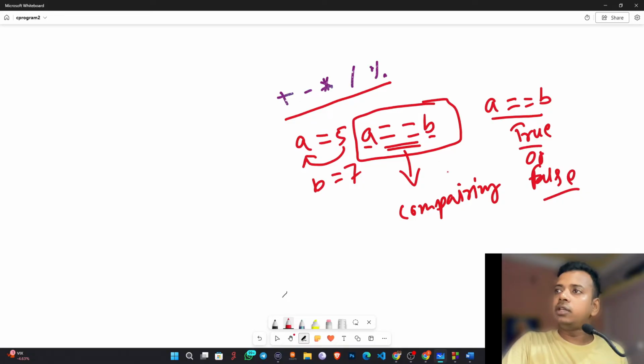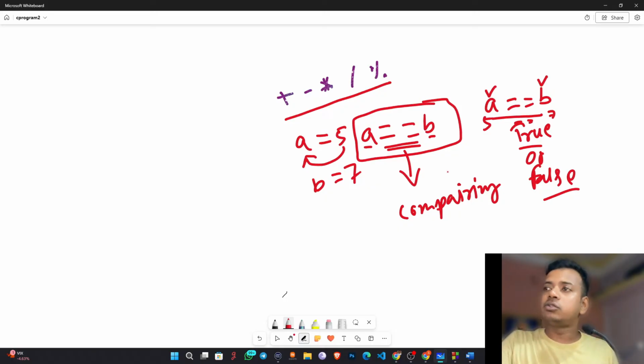How will it return true or false? It will check whether these two values are equal or not. Since a is 5 and b is 7, 5 can never be equal to 7, so it will return false. So this is the difference between single equals to and double equals to. So how will you write this program? If